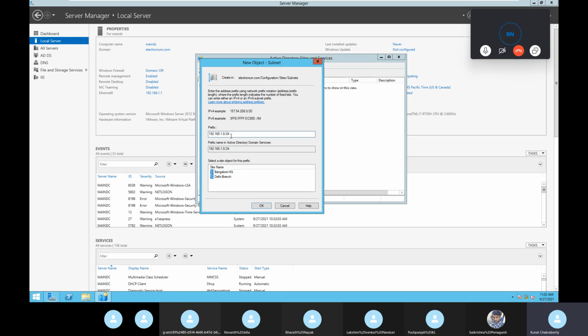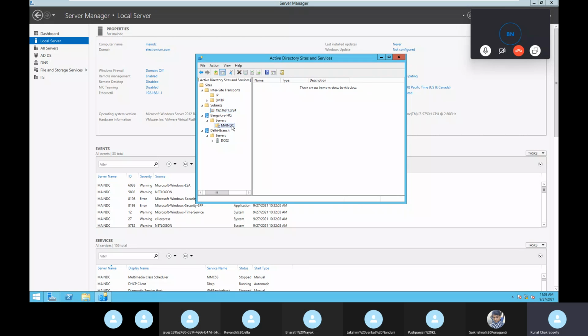Now what we have done is both servers are in the same network ID, because we don't have a router there, so we can communicate. So we are giving this. But in real time, you have to check the network ID on the site, and that network ID you need to assign there. Clear? Now, when you have written this down, you have to select for which branch, the Delhi branch, correct? Click on OK.